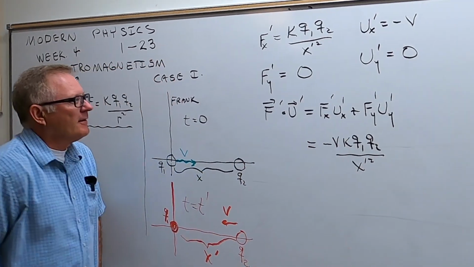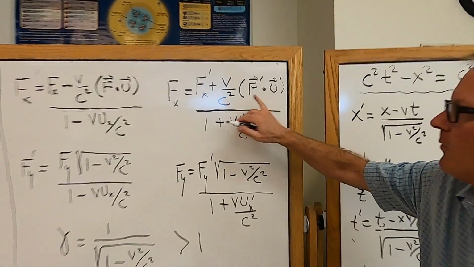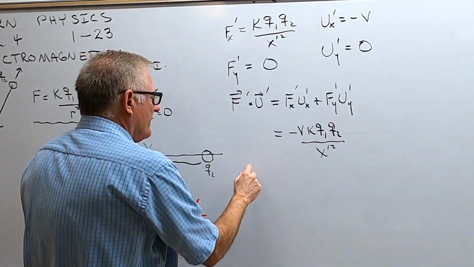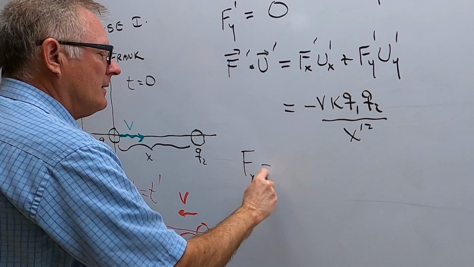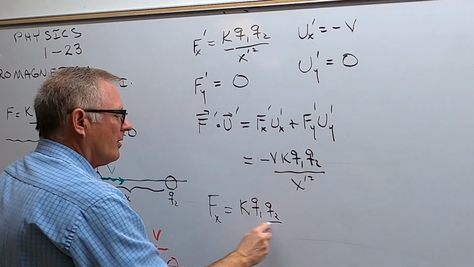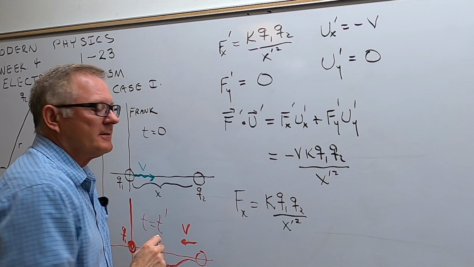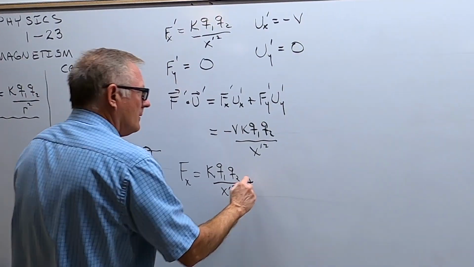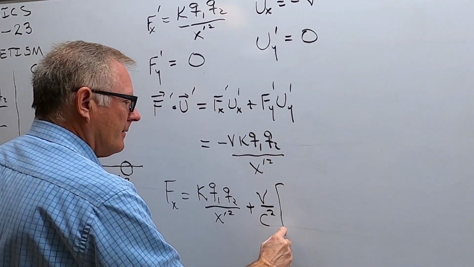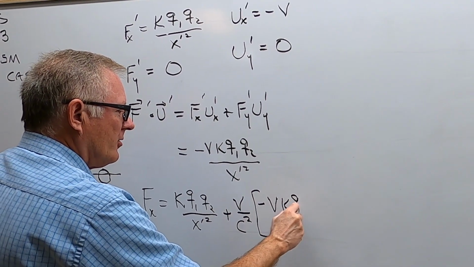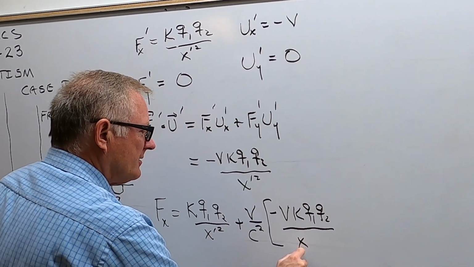Well, we've got that term right there. Now we can come over here. We've got this term. Now we'll just plug into here. So we got Fx equals Fx prime. So we got Fx is equal to this k q1 q2 all over x prime squared. There's Fx prime plus v over c squared times that dot product plus v over c squared times the product, which is this right here, minus v k q1 q2 all over x prime squared